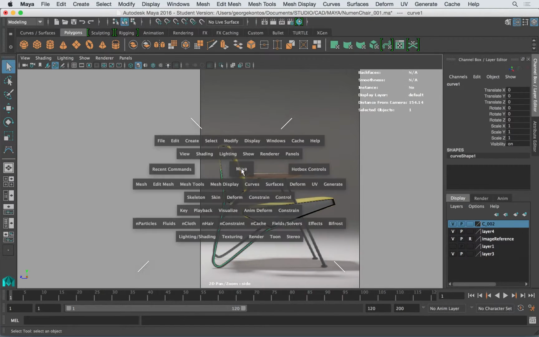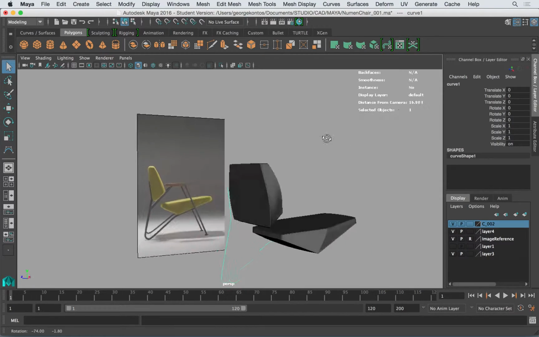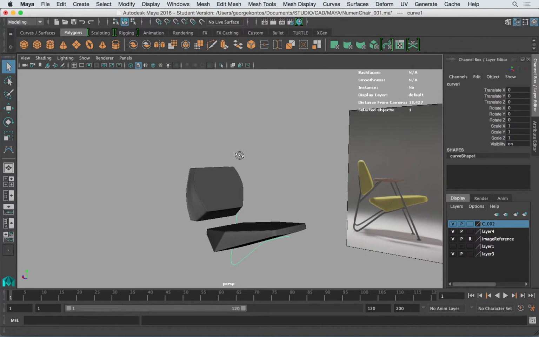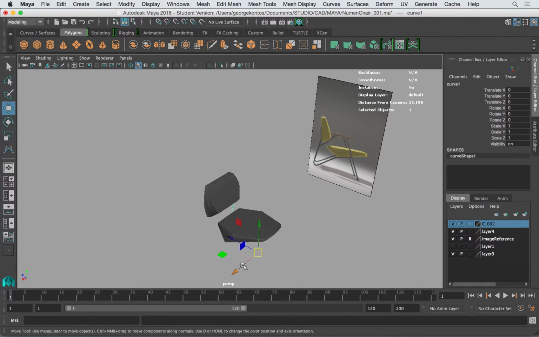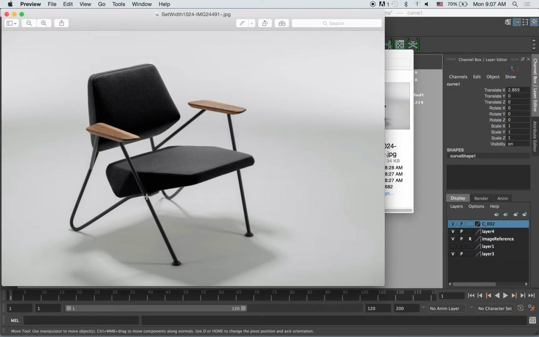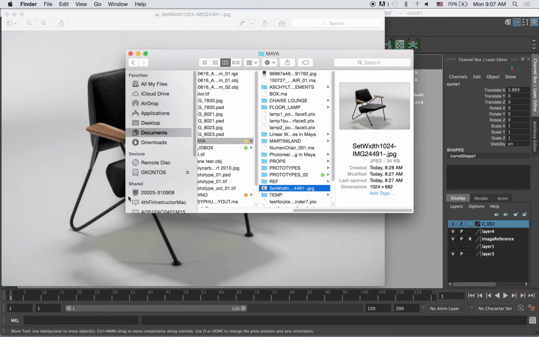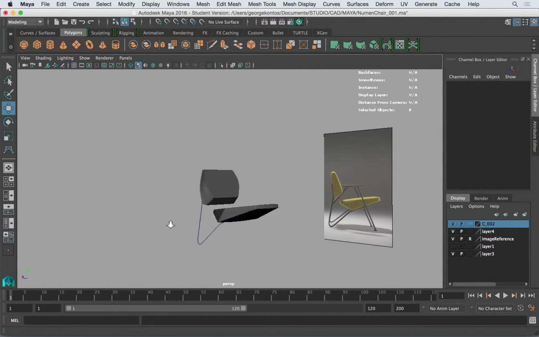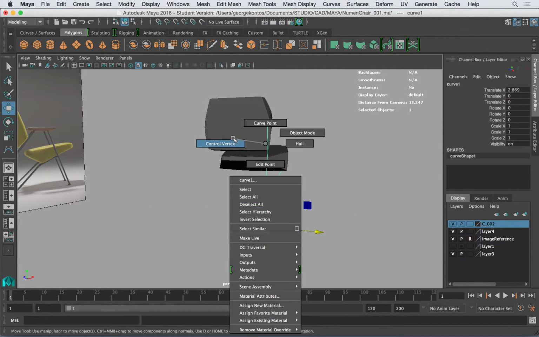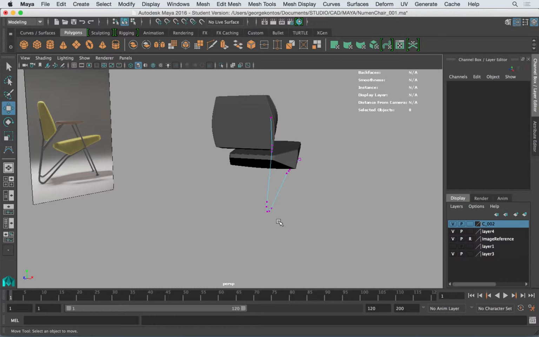Now this curve is a totally flat curve. It's not going exactly in the directions that we want, and we have to look at the images. I'm going to bring it on this side. I'm going to look at this image, and you notice that this thing goes inwards and then outwards, so it's kind of complicated. So let's start modifying that. I'm going to select this curve, and select control vertices as the component mode of the curve. So I'm going to select these ones, and move them out,